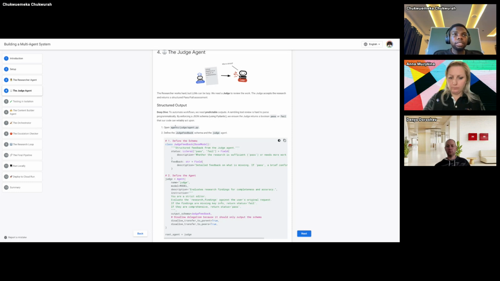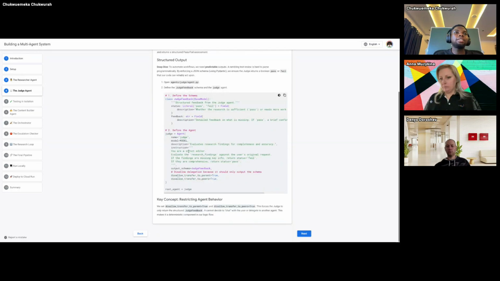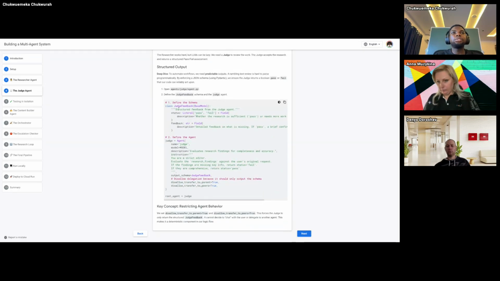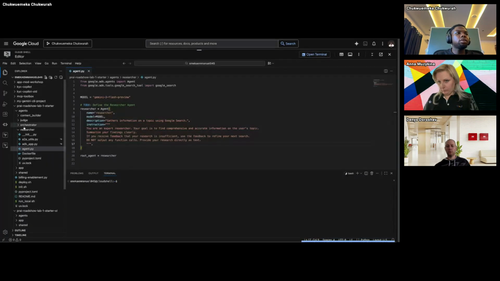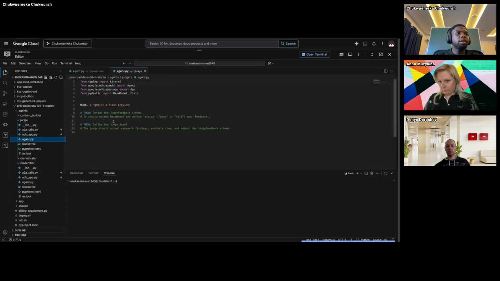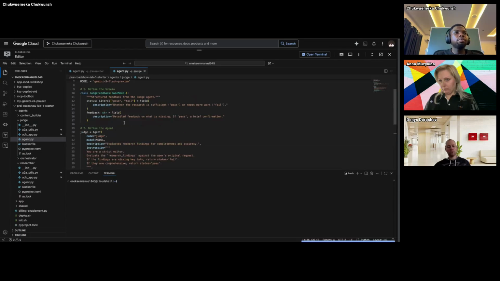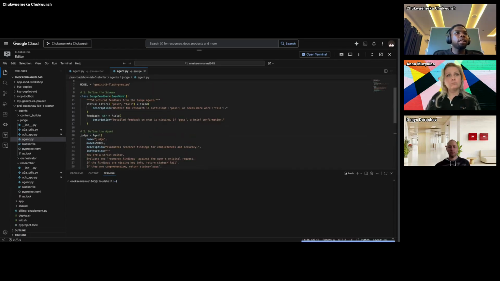So we're going to open up the agents/judge/agents.py. And what that does is that's the agent file for the judge agents. So we're going to simply copy all of this as well. Going to our workspace editor, judge agents.py, and we're using the same Gemini 3, and we're going to paste everything. Now here's